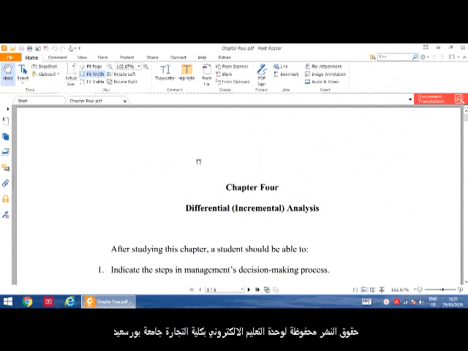Today we will start a new topic, which is called differential analysis or incremental analysis. After studying this chapter, a student should be able to, firstly, indicate the steps in management's decision-making process,